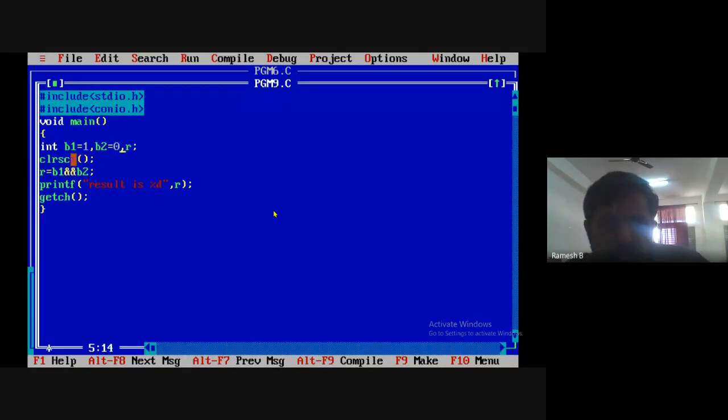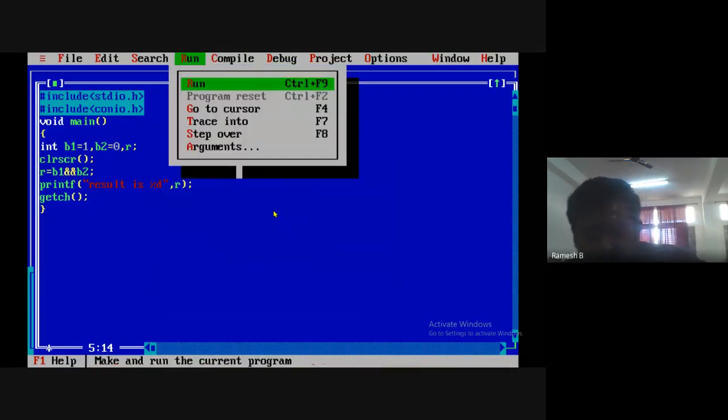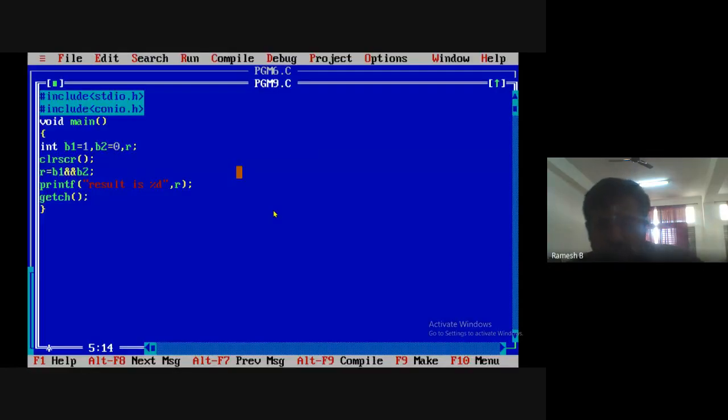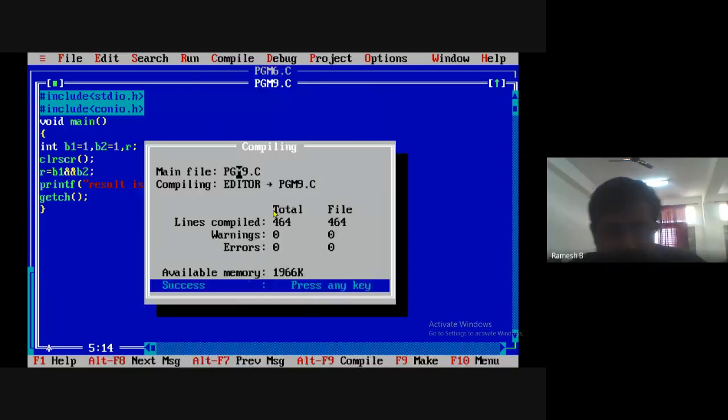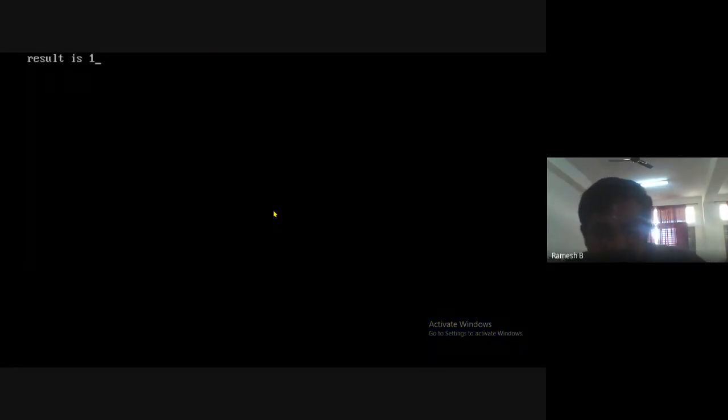I'm changing the values of b1 and b2. Let me compile and run that. The result is 0. Now I'll change this one to 1. What will be the result? 1 and 1 is 1. I'll compile it, run it. You see there, the result is 1.